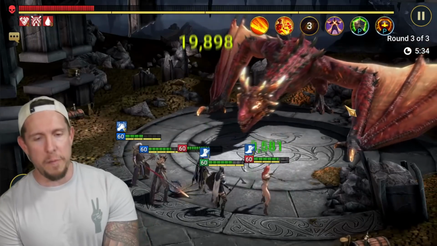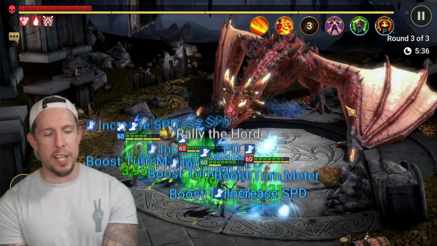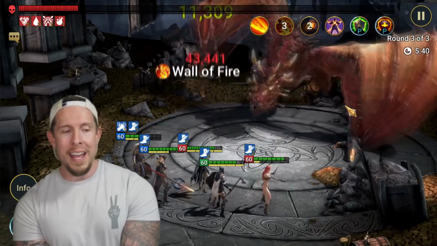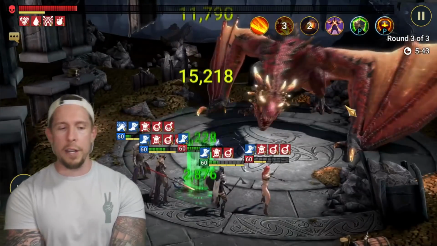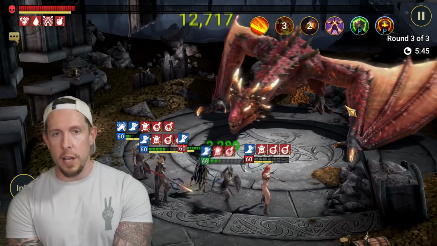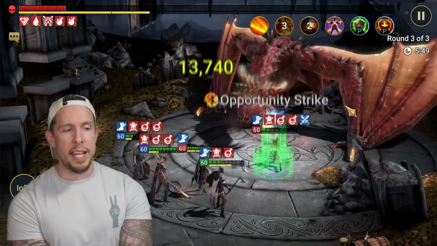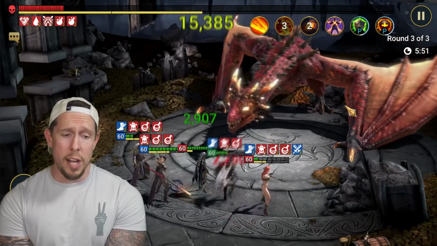All right, guys, so here we are finishing up the Dragon. As I said, this will be the longest run of the video, but things have been going very, very well thus far. It's really nice to have Deliana on this squad, not just because of the heal, not just because of the block buffs for the waves, but also because of the decrease resistance, which on a champion like Kale,